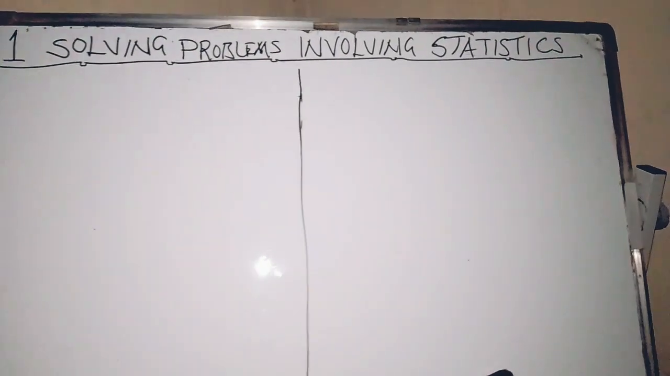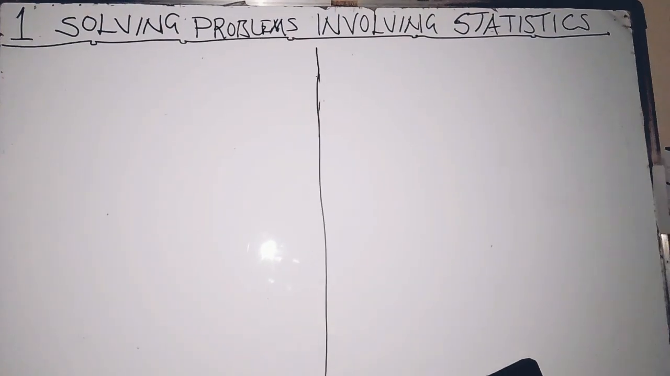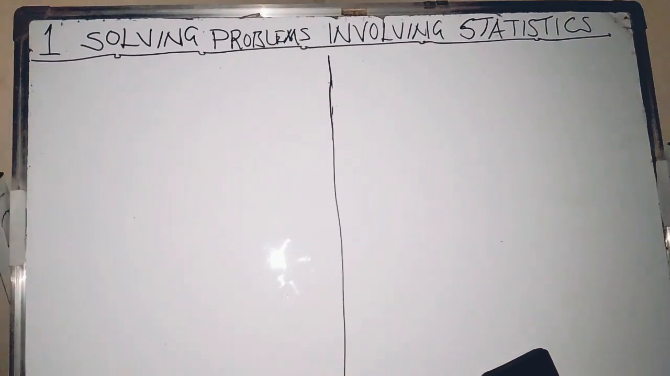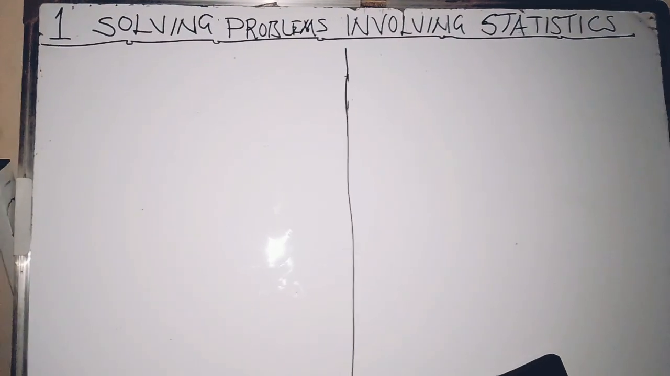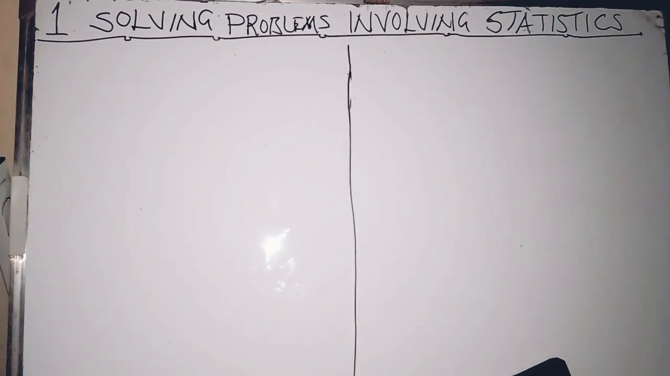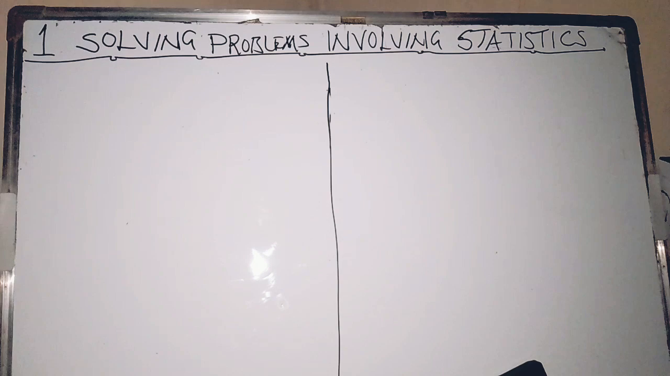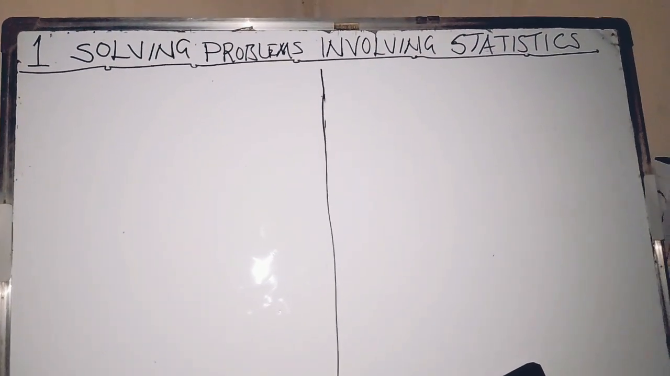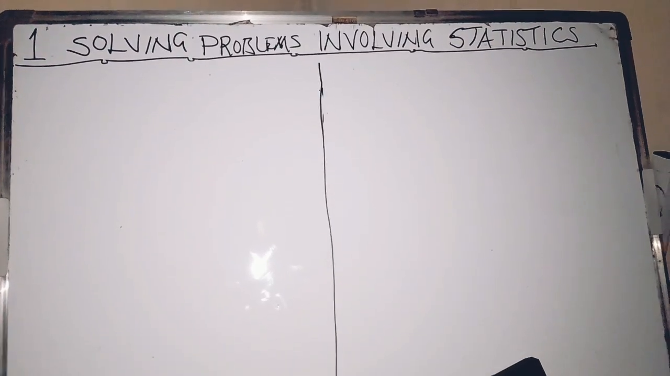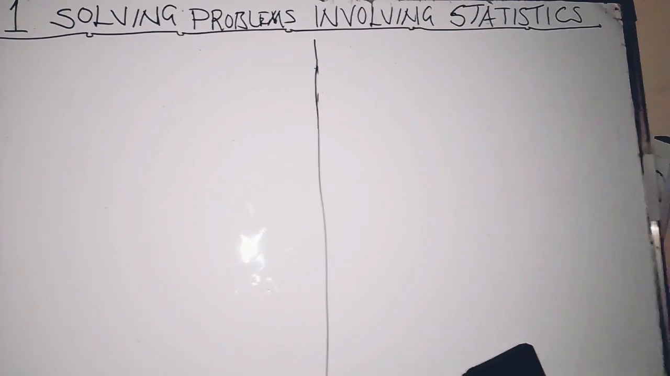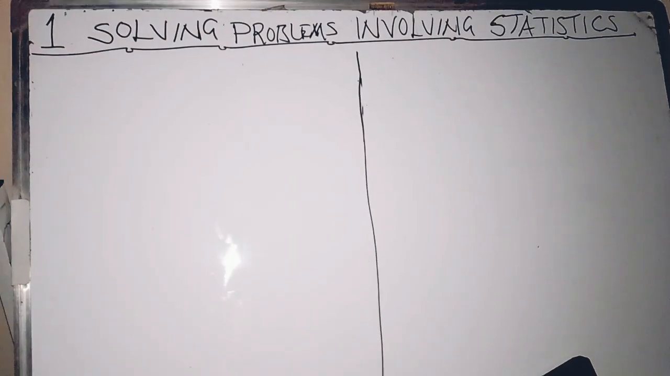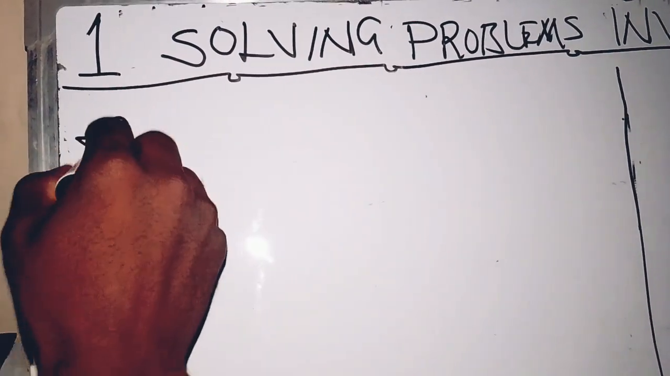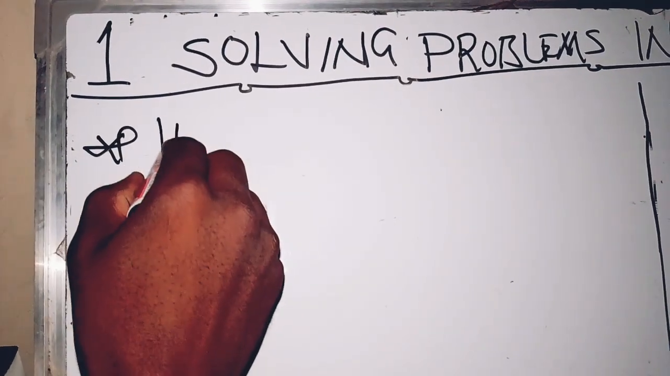First of all, before we solve any problems, remember it's not just about solving, it's about knowing. There are different types of data you can collect. Statistics deals with the collection of data, different types of data, analysis of data, and data interpretation as well. So you should be able to identify